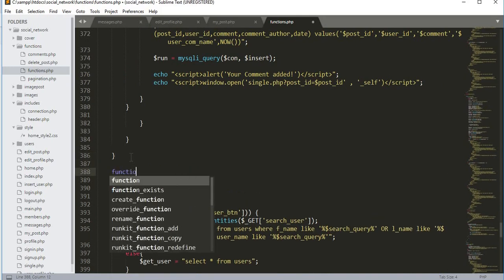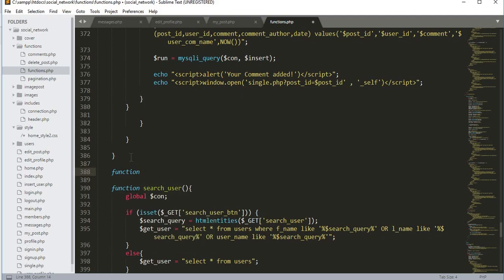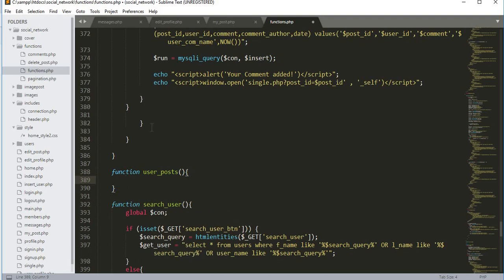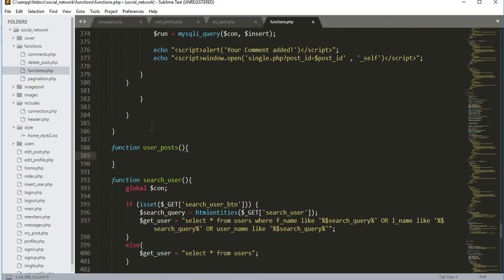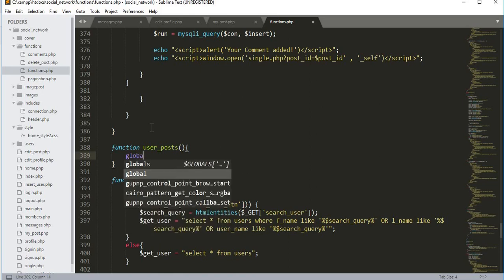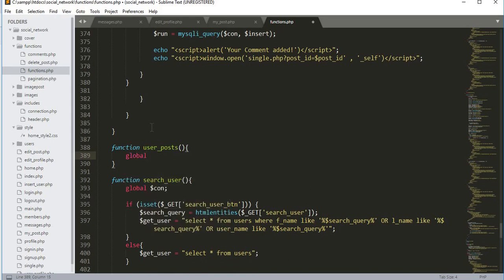So we will type function, the function name is user_post brackets, and now first we will need to global the connection variable,